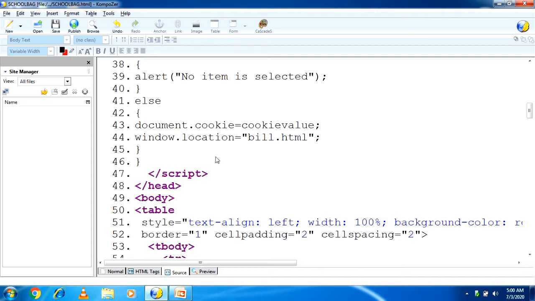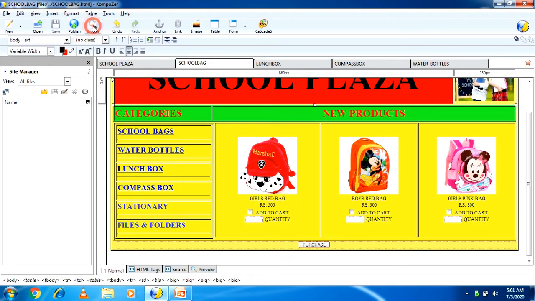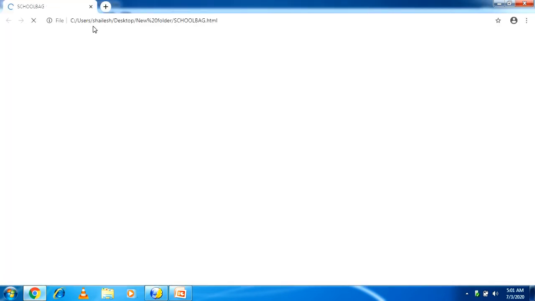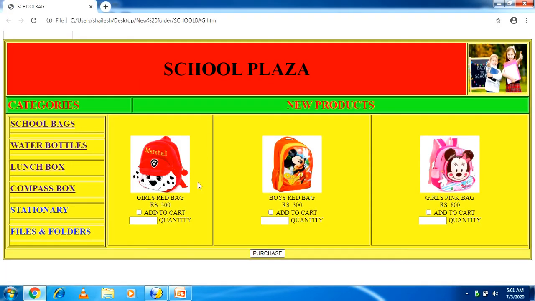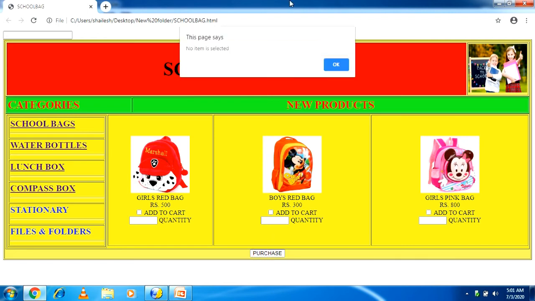Now one more time I will browse this page to check whether it is working perfectly. I press the purchase button, and the message comes, so it's right: no item is selected.